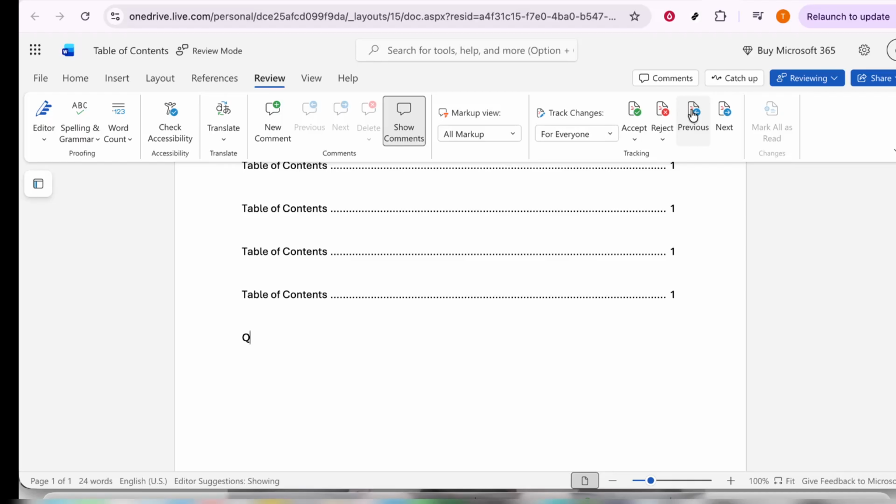That's all it takes to use Track Changes in Word. Once you know how to turn it on and how to accept or reject edits, reviewing documents becomes much more organized,